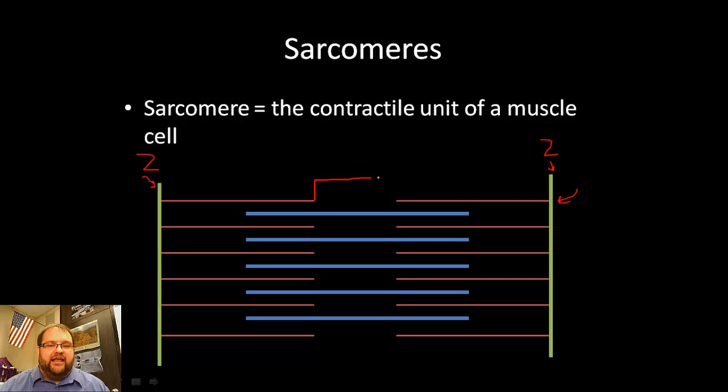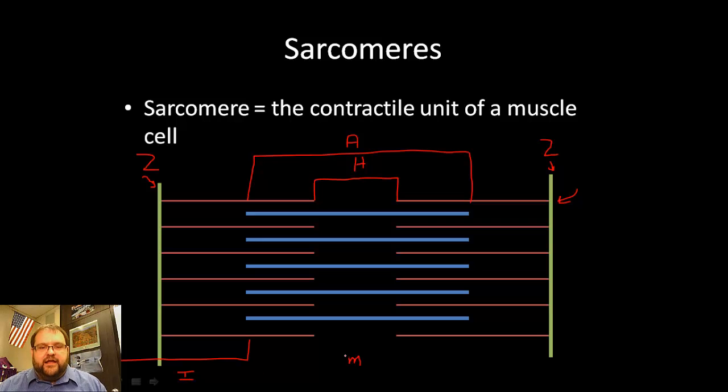That allows this zone here we call the H zone. Okay, and then this part here above it, this is the A band. Okay, and in the middle here there's that M line, and then there's this zone here from here to here, and it actually extends over on the other one, and this is called the I band. Okay, so it's this sarcomere that's going to get shortened, and I want to show you what happens. So when this thing contracts,